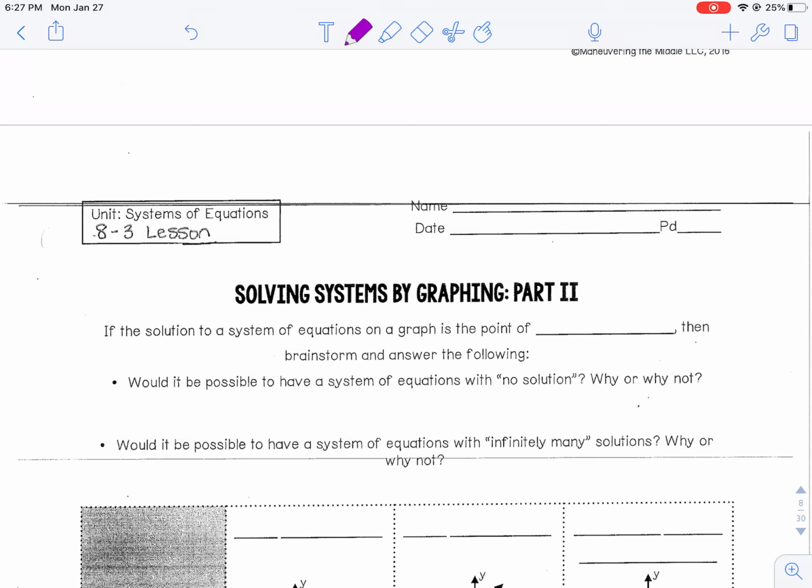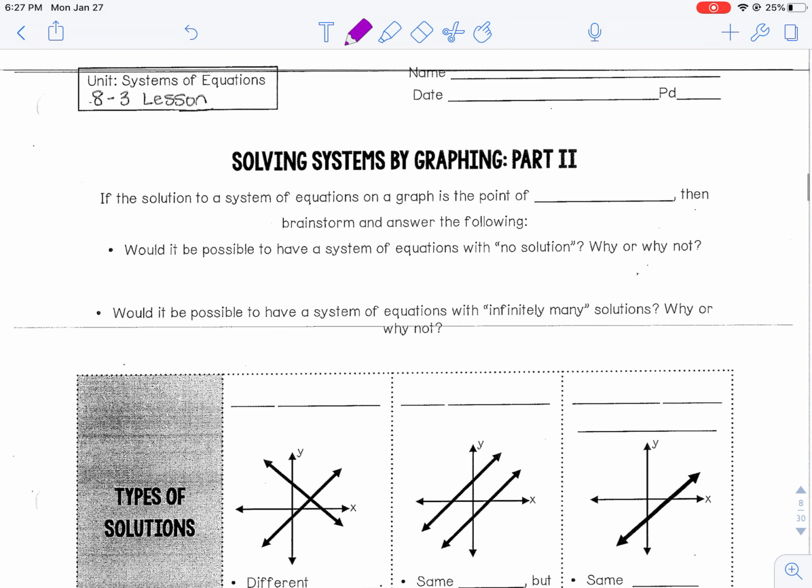Everyone, we are looking at Lesson 8-3. This is the second part of solving systems of equations by graphing. So if the solution to a system of equations on a graph is the point of intersection,